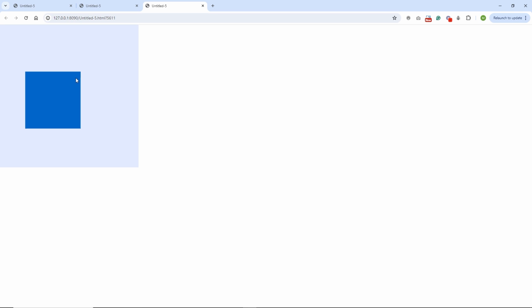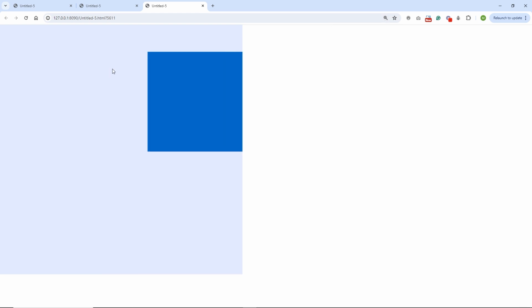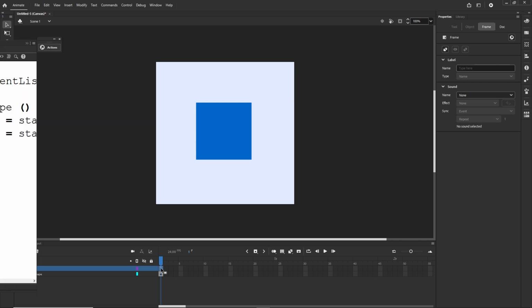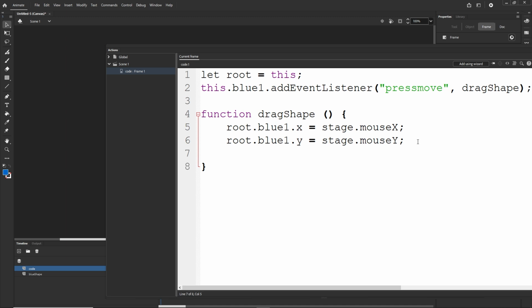In this one, what we want to achieve is that when I drag in here, I want to stay in there. But before that, I need to re-explain one thing, and that's when I'm zoomed in, it's going to be offset. Let me go to my code, and in my drag shape, I am going to console.log root.blue1.x like so. So we are going to be console.logging the x position of blue1,